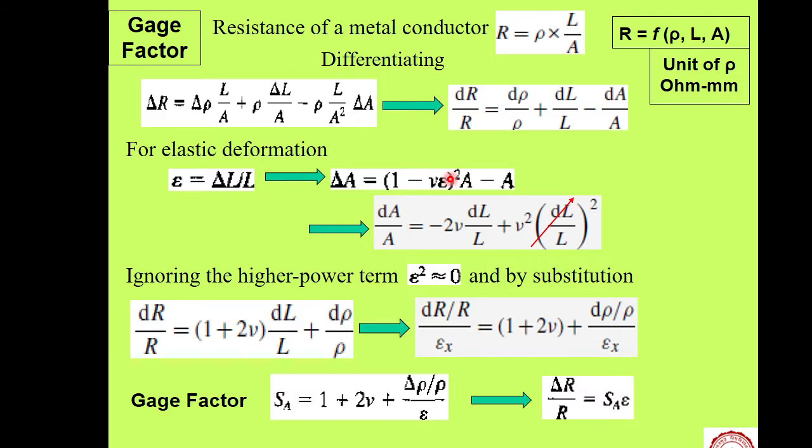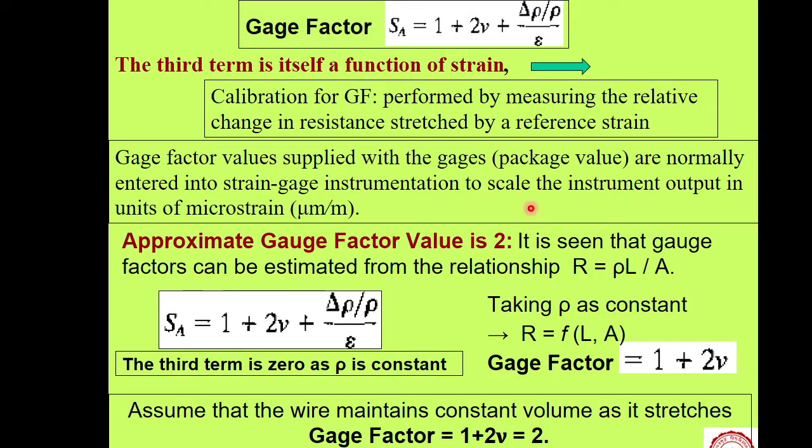Okay. So those strain indicators, or the instrumentation part, have a provision to incorporate the gauge factor. Okay, because different strain gauge manufacturers have different gauge factor values, but those values do not vary widely. So that particular value we can enter into the instrument itself to get the strain reading directly. Okay, that is there. Now the approximate gauge factor value is 2.